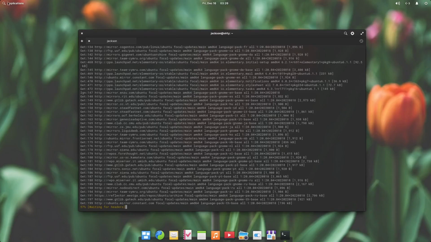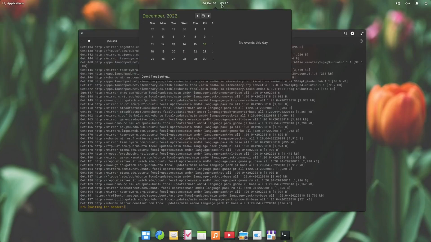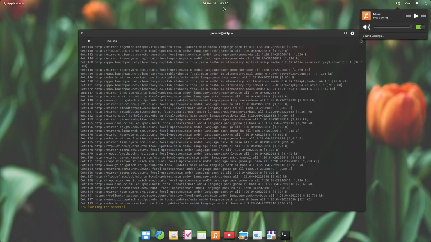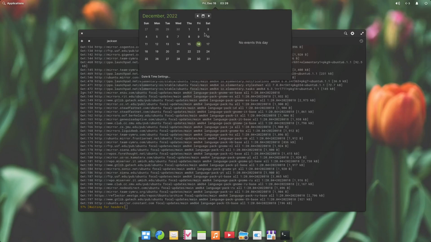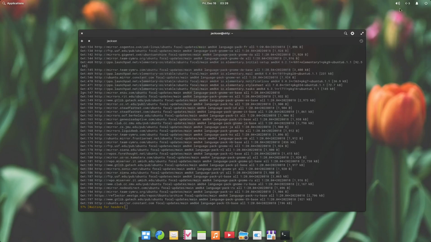So let's take a look at some of the top stuff here. You've got the calendar, so kind of like the GNOME calendar. You've got volume control. You've got your network settings, notification, power, so user account and power.